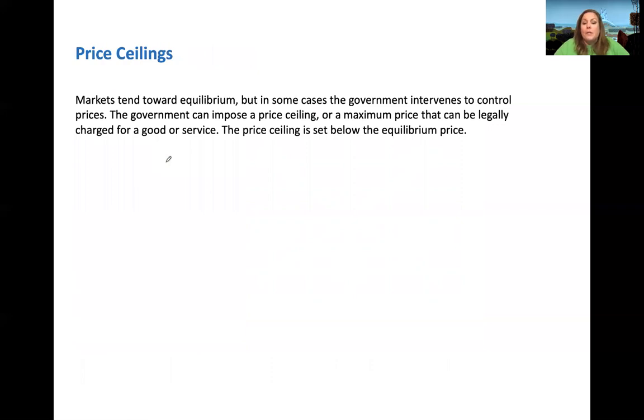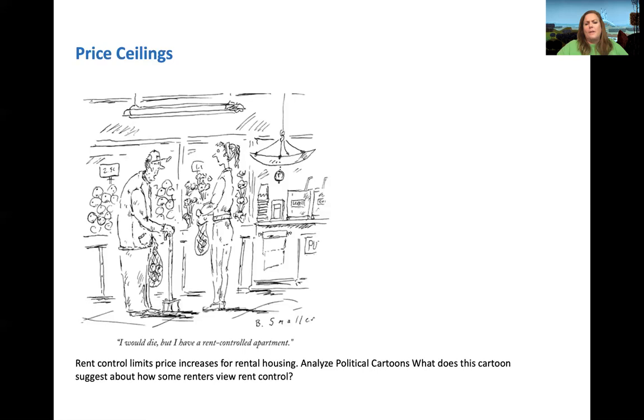Now, sometimes the government will intervene to control prices, and this is where we start talking about price ceilings and price floors. Again, if we start talking about rent control, here's this little meme here. You see the old man, he's got a big bag, it looks like apples. And then you have the young lady, and she's got a smaller bag of apples. And,